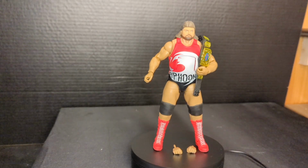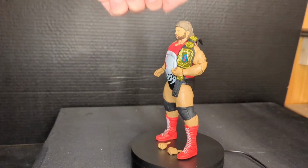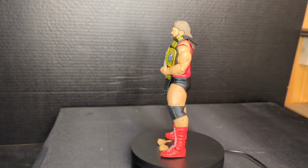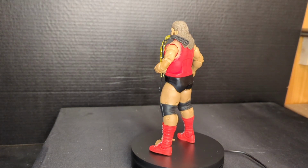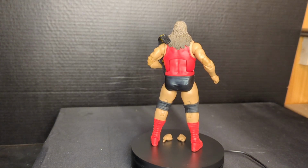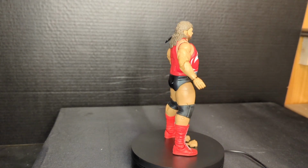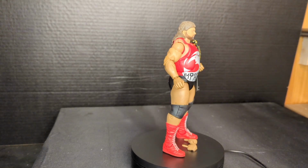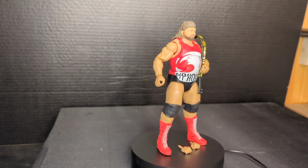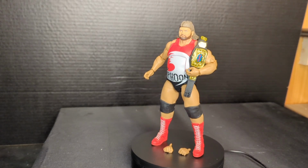Now we've got Typhoon. Copy and paste everything I said about Earthquake, minus the hairline. I mean, again, it's just a great figure. This is another really good figure. I don't know if we've had these guys in the Elite line before. And if we have, it's been so long that I don't... Was anyone asking for them? Probably not, but